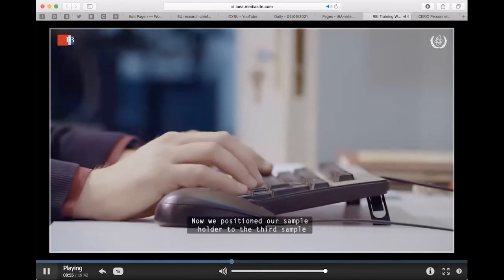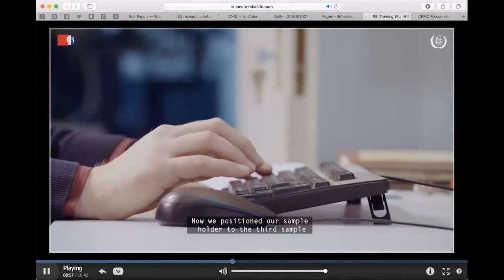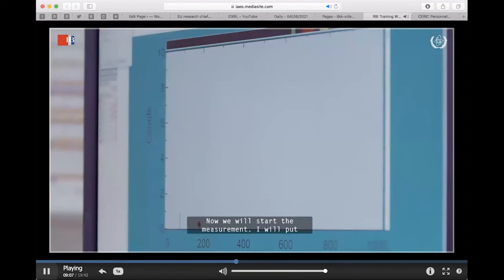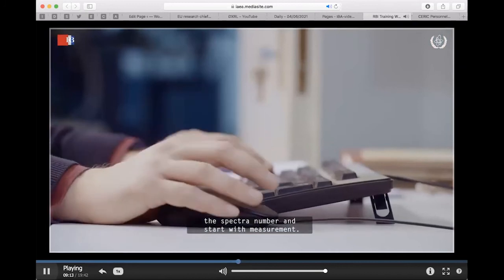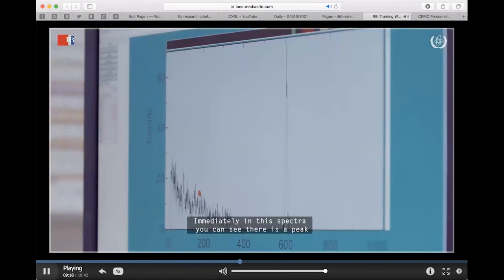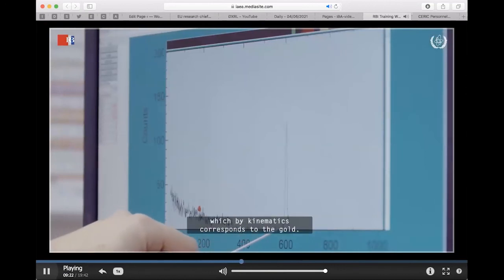Now we positioned our sample holder to the third sample, which is a sample of unknown concentration, but known composition. It's gold evaporated on silicon dioxide. Now we will start the measurement. I will put the spectra number and start with measurement. Immediately in this spectra, you can see that there is a peak, which by kinematics corresponds